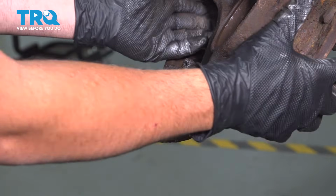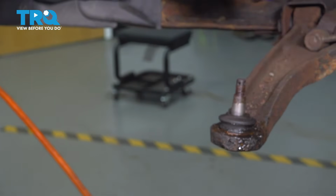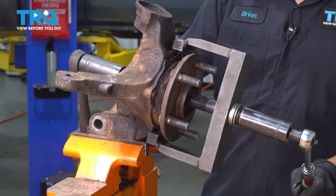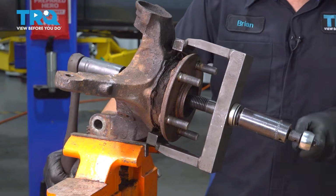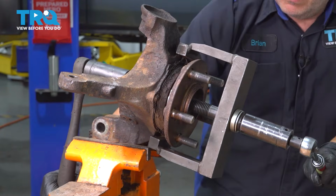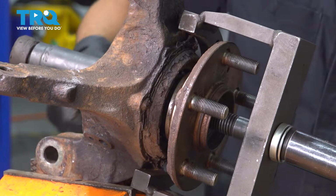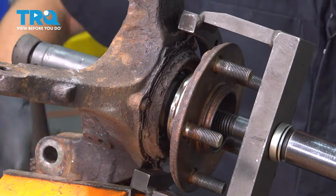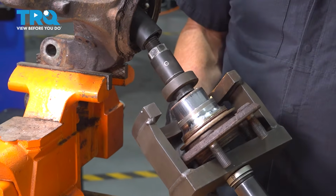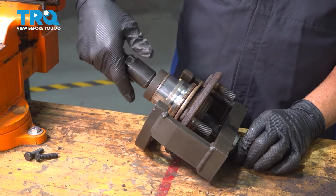You should feel it release. And there you have it. Now we have our bearing separator or a hub separator here on our bench. We have our knuckle in our vise. You can see our hub itself coming out. It not only pulled out our hub, but it pulled out a portion of our bearing as well,